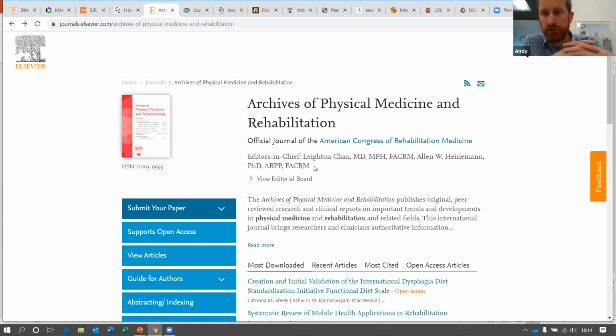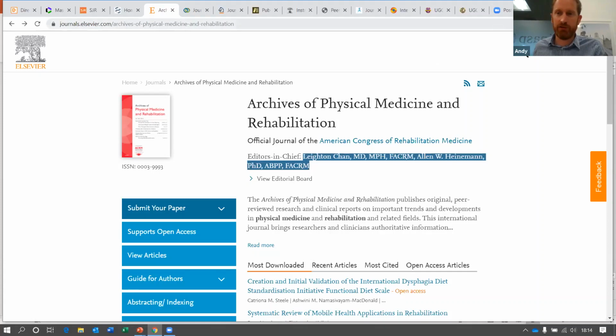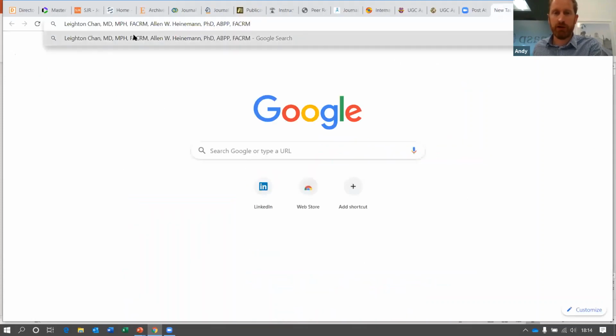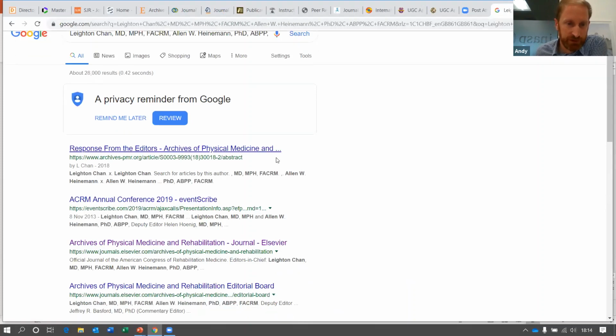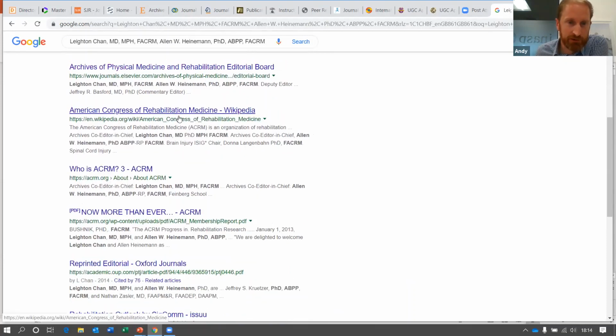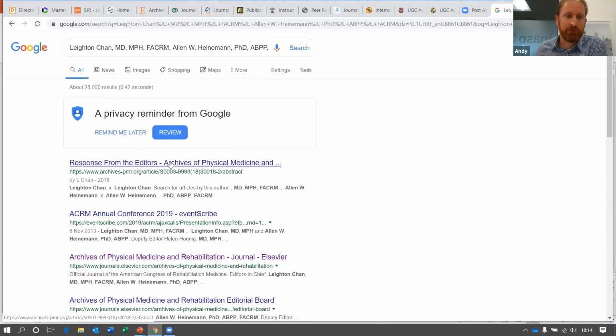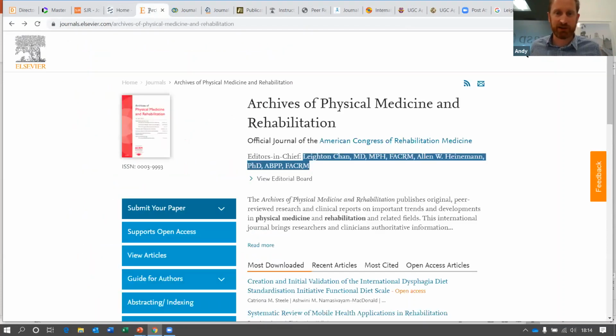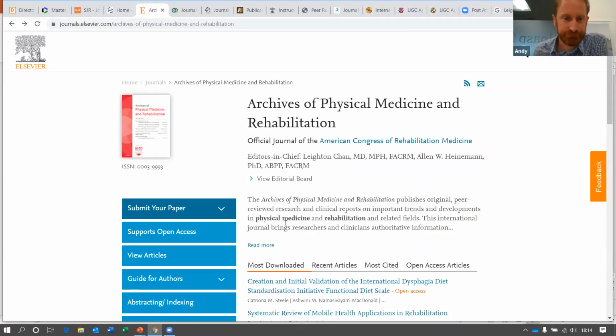I think it's quite a good tip sometimes to look at the editorial board, check out the editor, do a quick Google of him. In fact, in this example, I'm going to do this because I think I looked at this before. I Googled the editor and I think it doesn't come up immediately now, but before, when I looked for this guy, it came up with his institutional profile page, and it mentioned that he was an editor of the journal. I can't find it right this second, but it's often a good idea to Google the editor-in-chief.